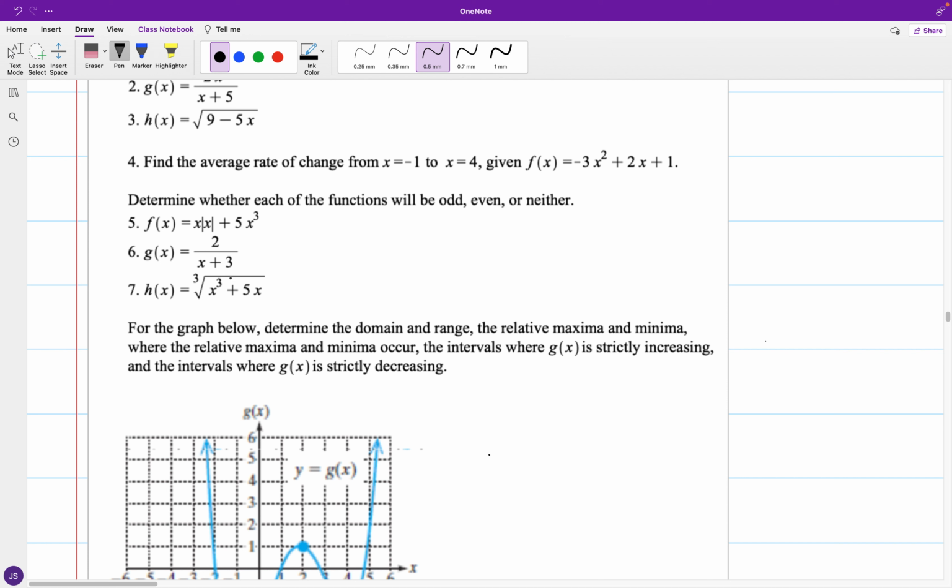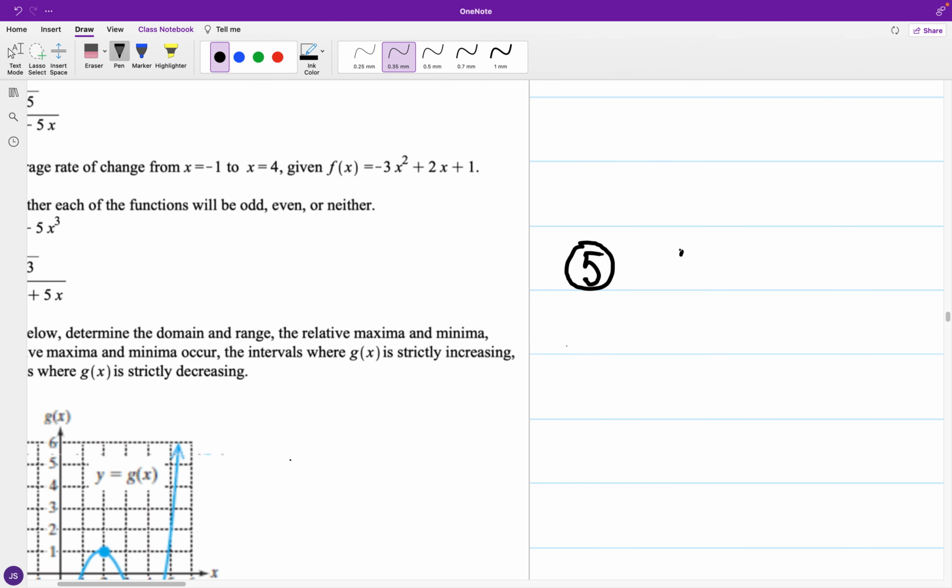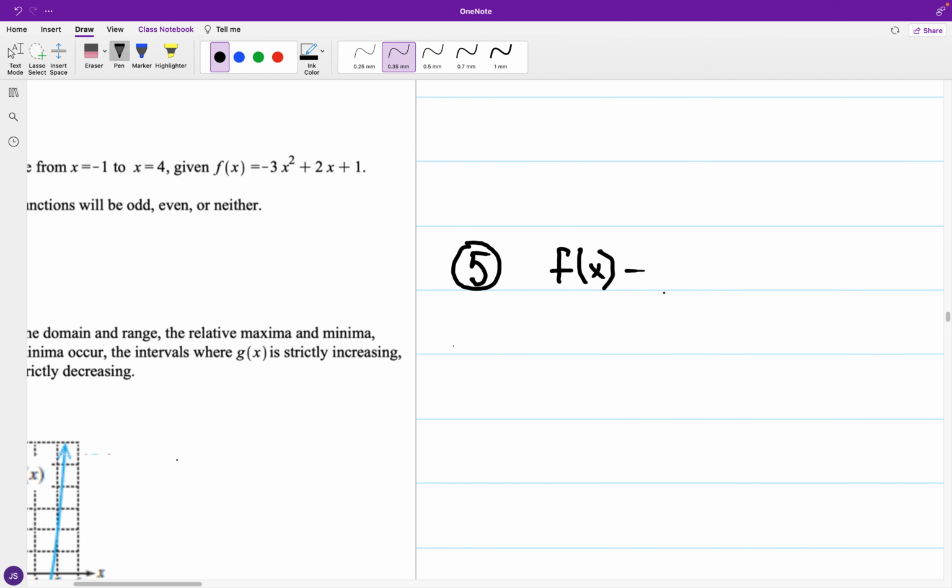of f of x, where this is equal to x times the absolute value of x, followed by the addition of 5x cubed. So for what we have in this item, number 5, again, we have x times the absolute value of x